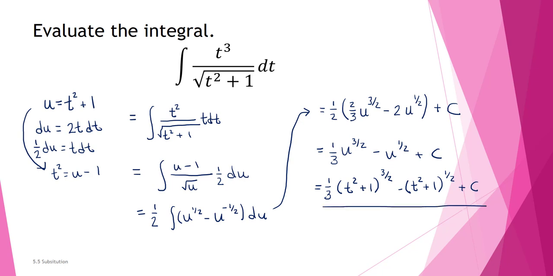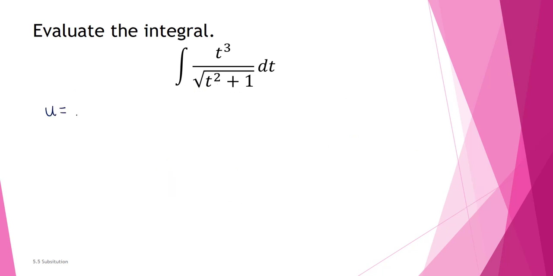Now, I do want to point out that there is another perfectly valid way you can approach this problem. At the very beginning here, I chose u equals t squared plus 1. What if, instead of doing that, I made a different choice and I chose u to be the entire bottom of this fraction? So I could choose u to be the square root of t squared plus 1. In other words, u is going to be (t squared plus 1) to the 1/2 power, and I'm writing it like this because I now need to take the derivative.